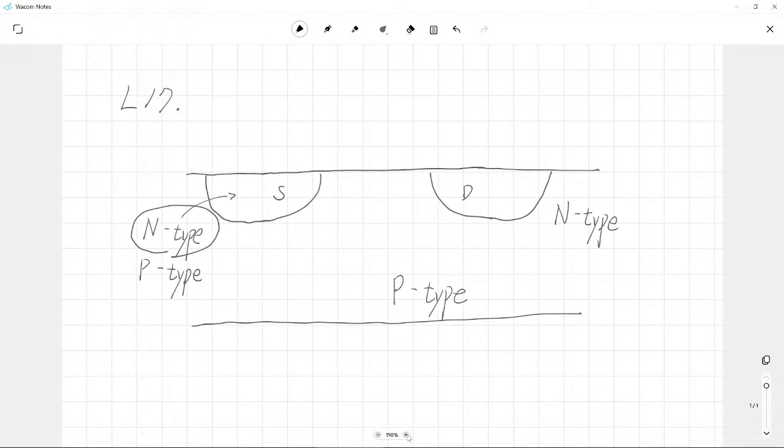Then there will be certain junctions. As you know, here we have a junction, and here we have another junction. In this structure, the p-type acts as the anode of a p-n junction, and the n-type acts as the cathode of this p-n junction. Please think about the bias conditions applied to this structure. Usually, for example, this is the source